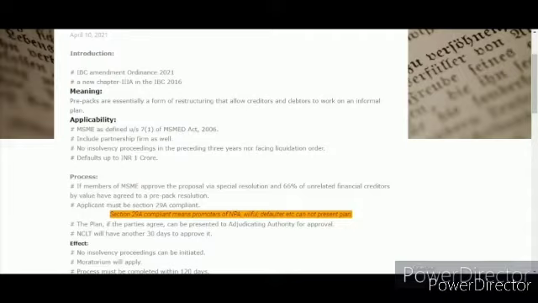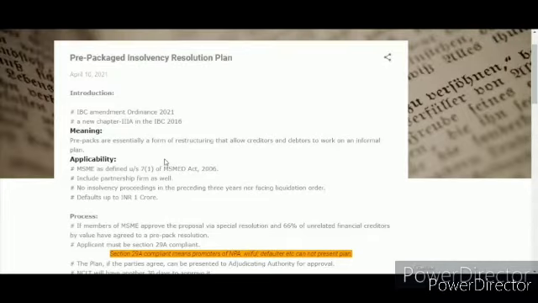And the amount of default has been kept up to 1 crore rupees. It means if there is a default of more than 1 crore rupees, then the company cannot opt for this. So this is a threshold limit, and the company has to keep in mind this limit while opting for this.